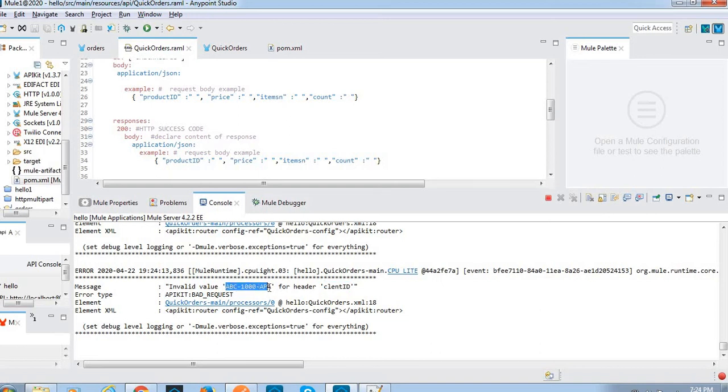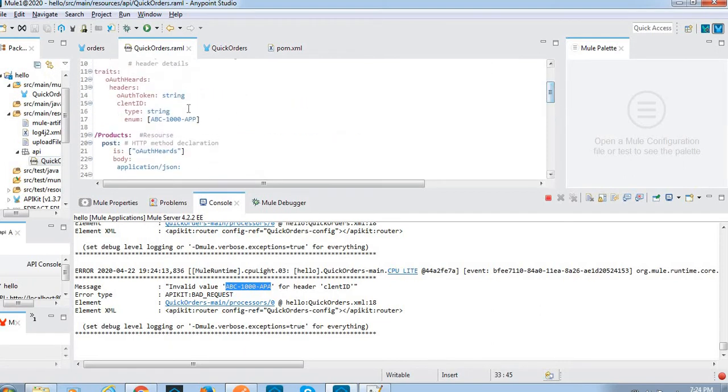See, here we are giving the client ID differently. See, the enumeration we have provided in the RAML file is whatever I have given here. Compare these two. Here app is there, here APA is there.